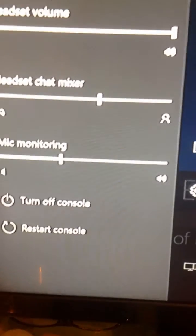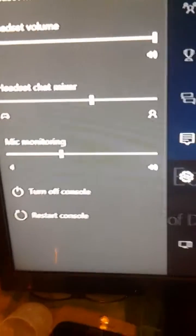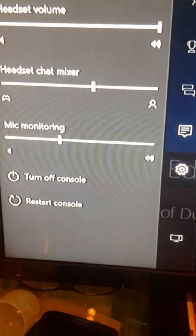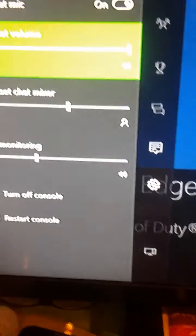Hey, if your controller ever lets you talk but you can't have sound, I'm finna show you how to fix it. Alright, this is what you do. You see where it says, let me go down, it says volume,